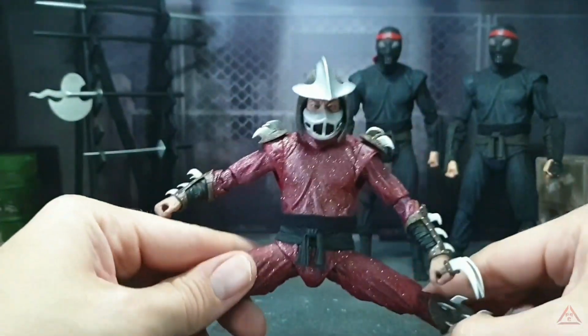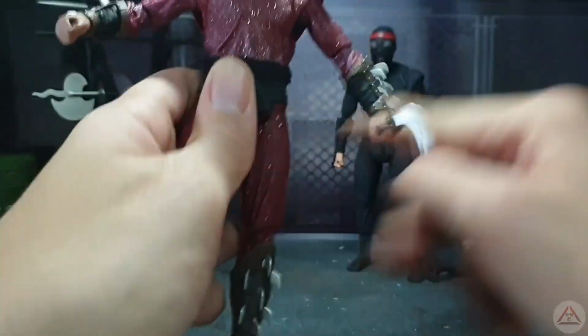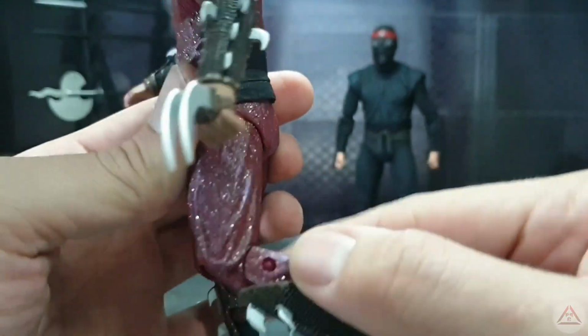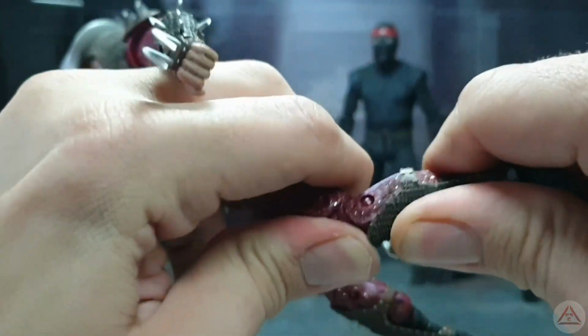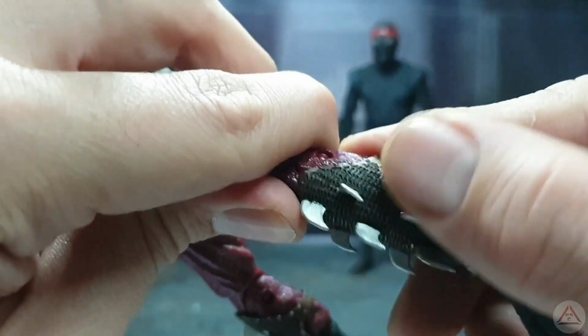Again, very good articulation for Shredder. I would expect nothing less. Okay, he fell over. Upper thigh swivel. Again, same system on the leg. Very, very stiff second joint, but it can do. Pops in like that. And it's a good thing all these pieces are rubber, because you really got to